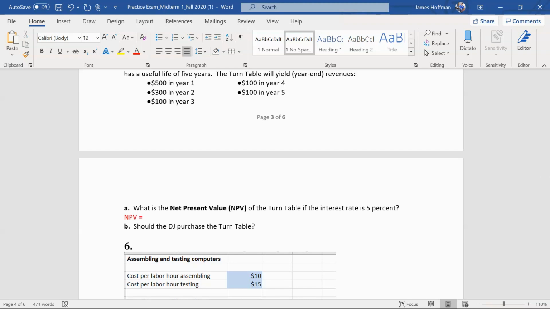Okay, so let's start with the first year, which is 500 we get. And remember for this one, if you're doing the present value, you got to multiply or divide by 1 plus the interest rate raised to the current period. So let me see if I can make a